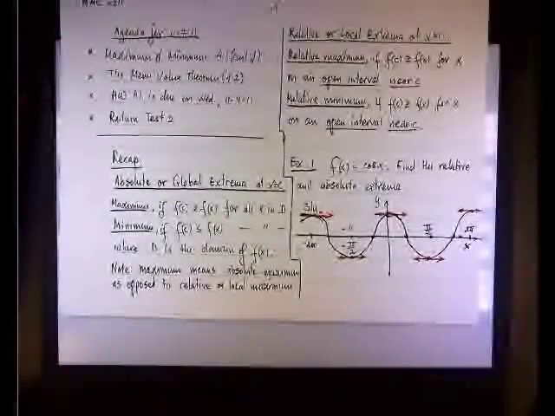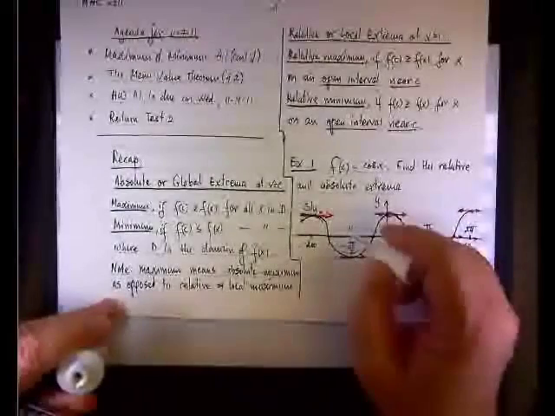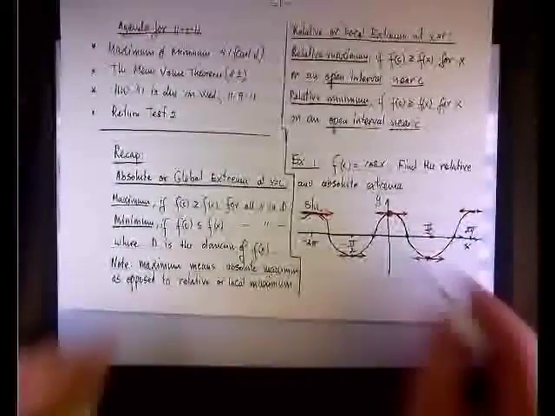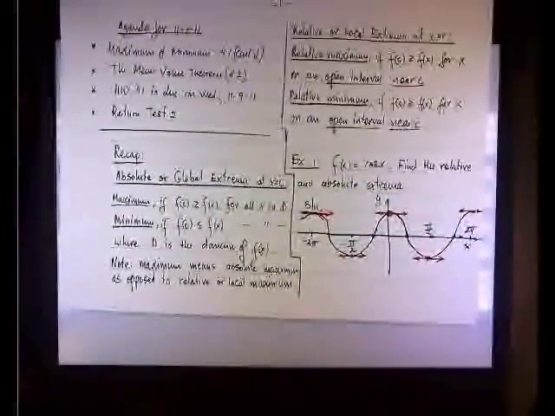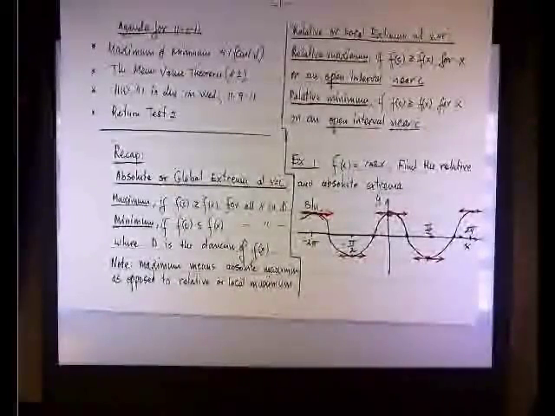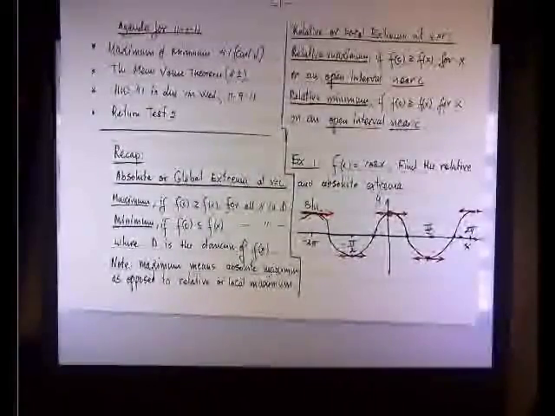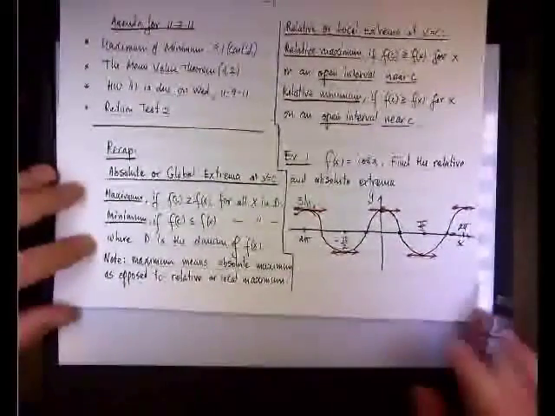So, we can conclude that starting at 0, every time we add or subtract 2 pi, we have a maximum. Now, is that a relative or an absolute? Well, the answer will be both, because there is no value greater than cosine x equals 1. So we're going to say that we have a relative and absolute maximum